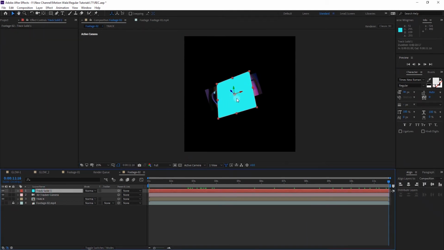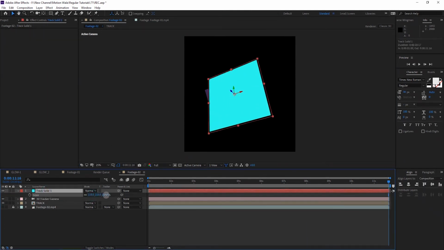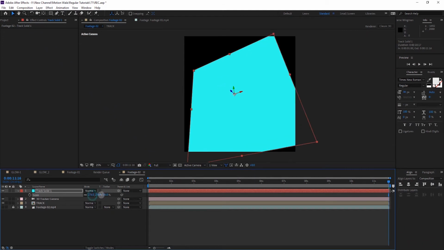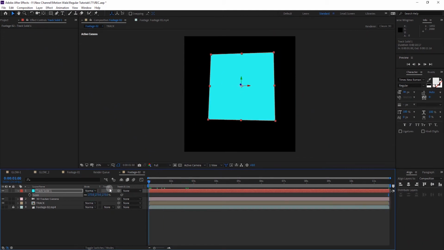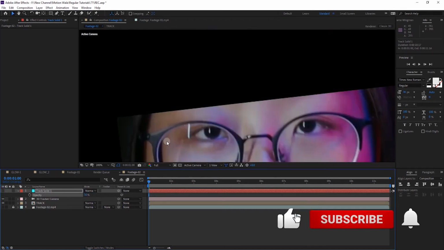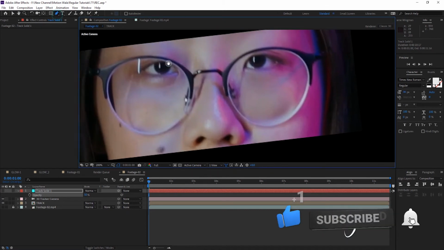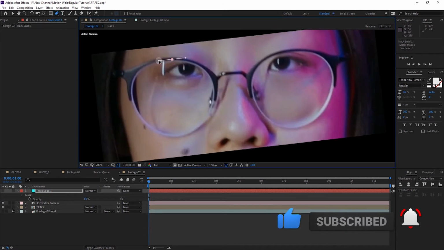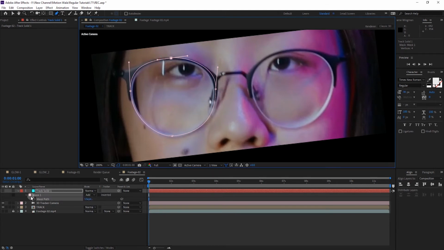If the solid layer is too short, you can scale it up, so maybe around this, and now it's okay. Change the opacity to around 50% and hide the layer for now. You can roughly trace it, or you can take your time and trace it perfectly, but make sure you trace it on the first frame.